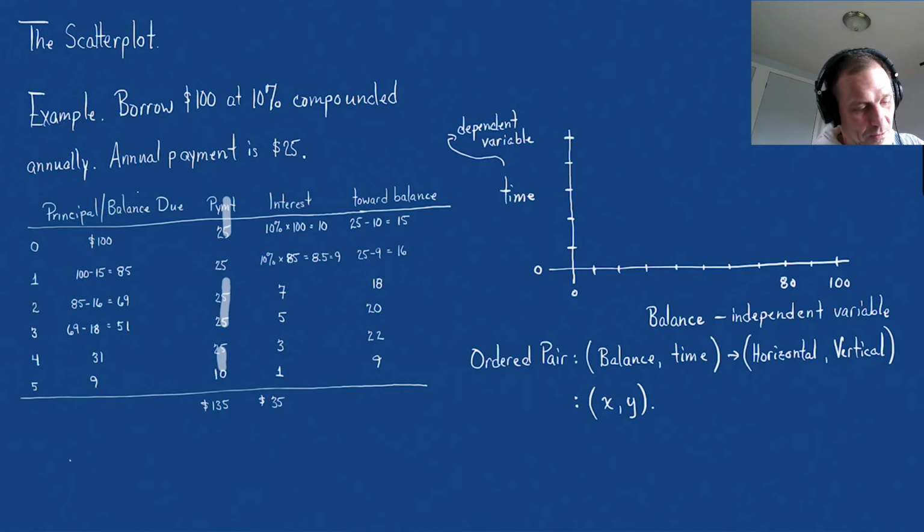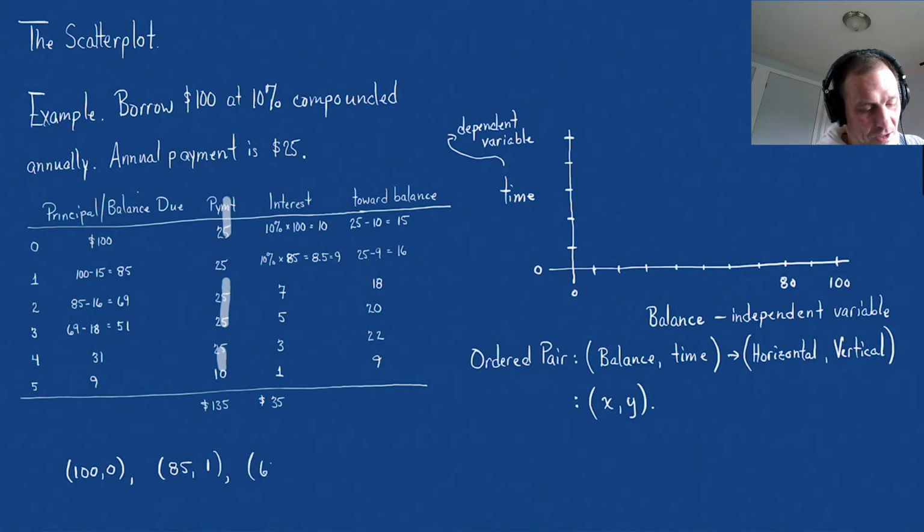Let's look at these. I'm going to write our ordered pairs out. When our balance was $100, that was our initial time 0. Then our next one was at the beginning of year 1. Oops, I'm sorry. It was when we had $85 that we owed. That was at the beginning of year 1. And then the next ordered pair we had is